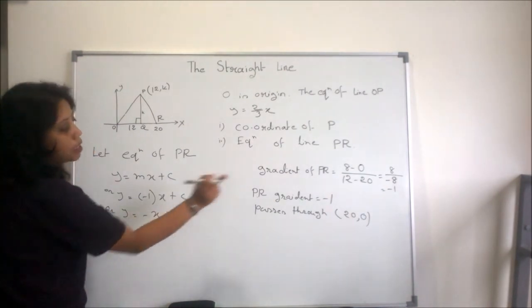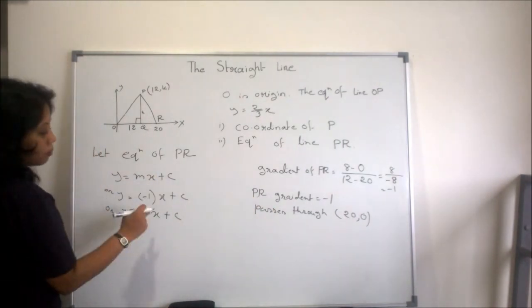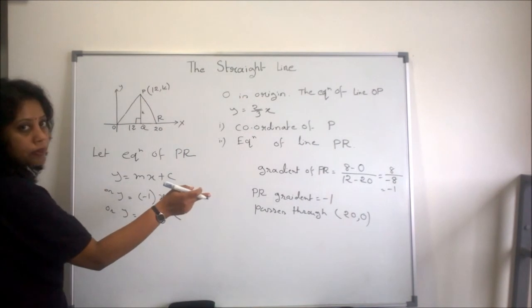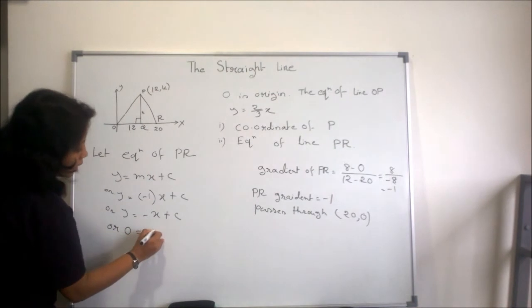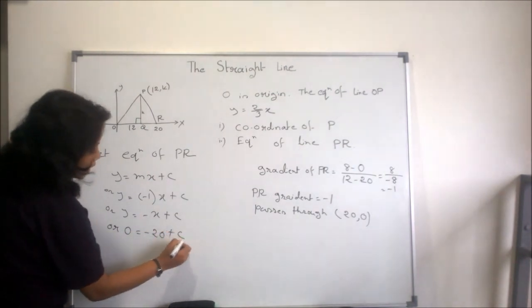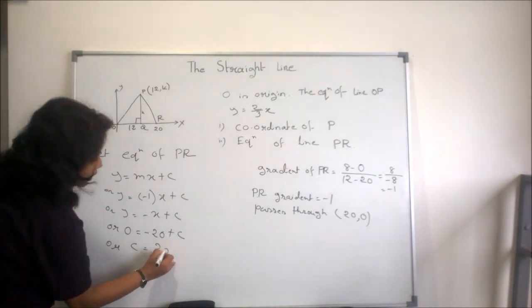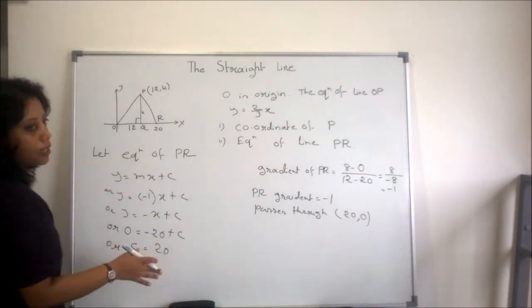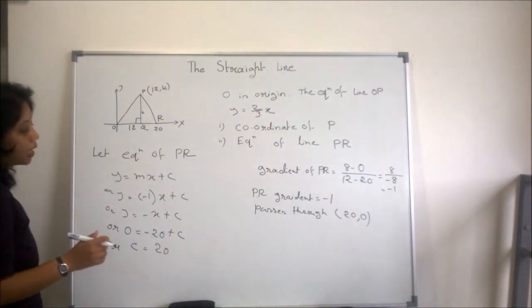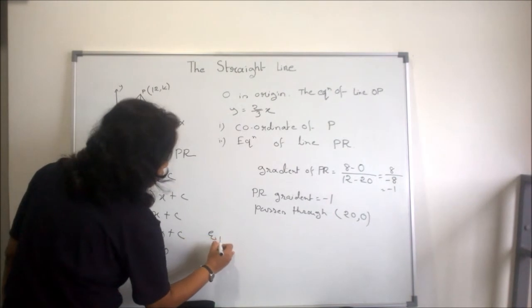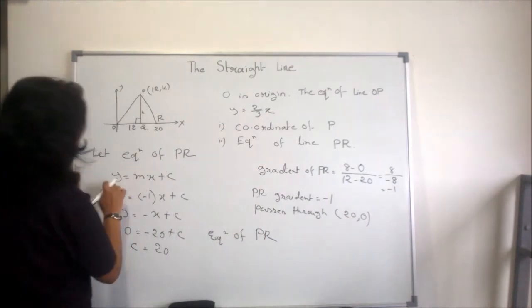Now this line passes through (20, 0). So in place of x we will put 20, in place of y we can put 0. So this is 0 is equal to -20 plus c. So from here we can get c is equal to 20. So all the things we already found for the equation of the line. So the equation of PR is y is equal to mx